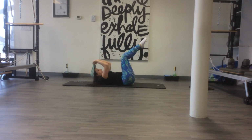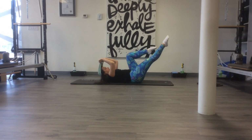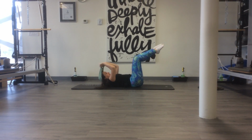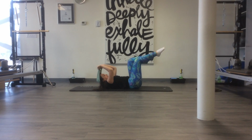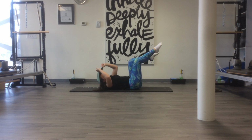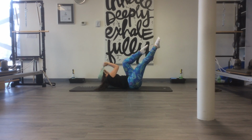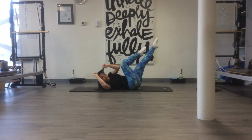Going into single leg extension. Right, left, right, left. 6, 7, 8, 9, and 10 into obliques. Rotate. 1 and 2. Are we starting to feel it? I am. 3,